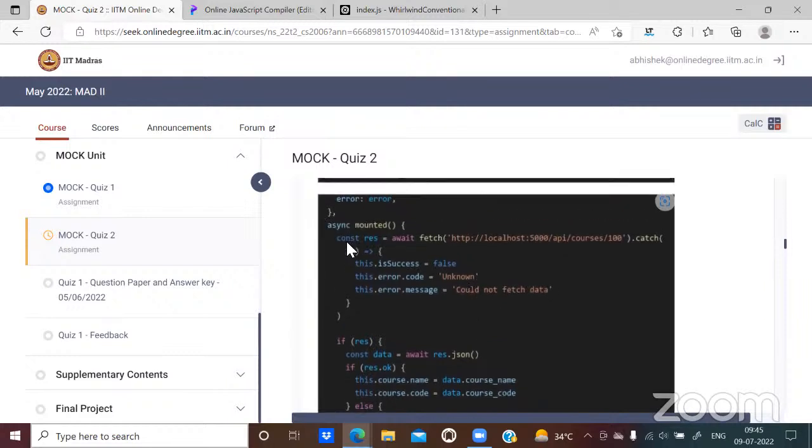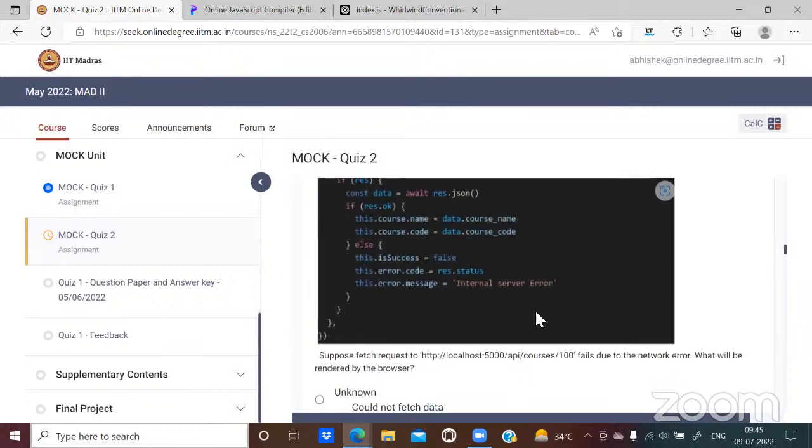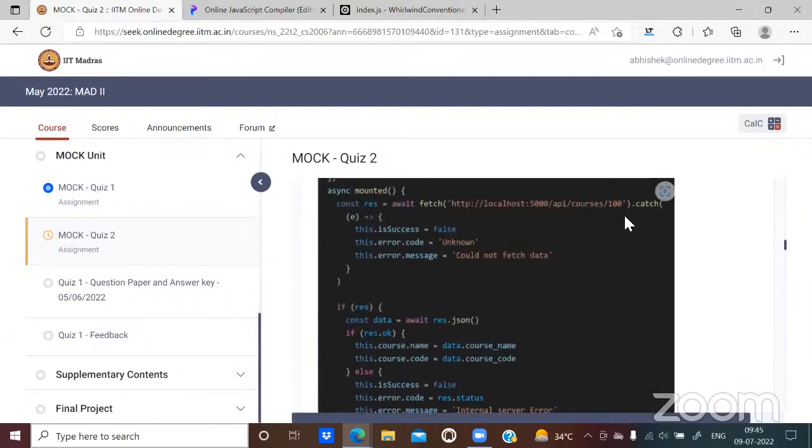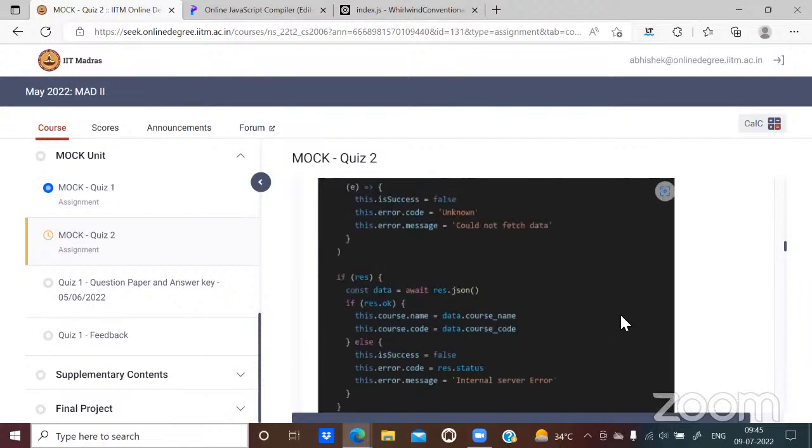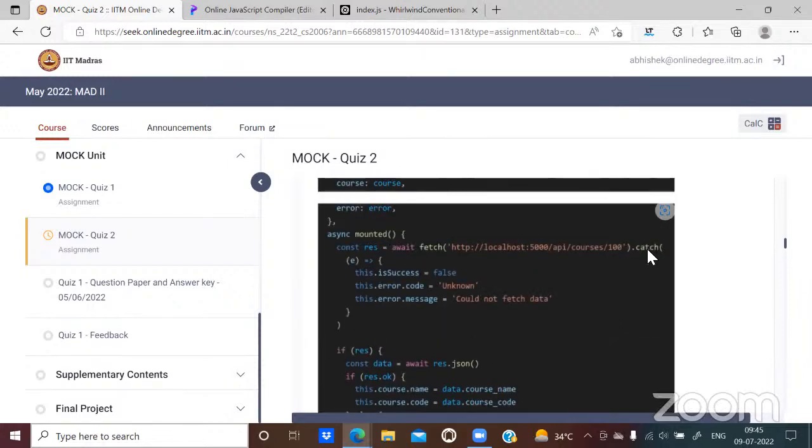Here it is, saying API 400. Since there is going to be a network error, as mentioned in the question statement itself, and there is just a catch handler right after that fetch, this catch handler is going to be invoked when the promise returned by this fetch is rejected.